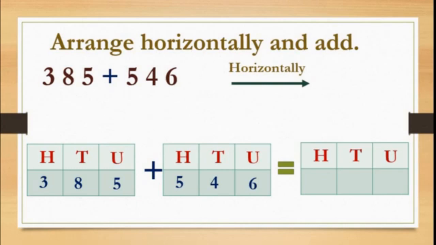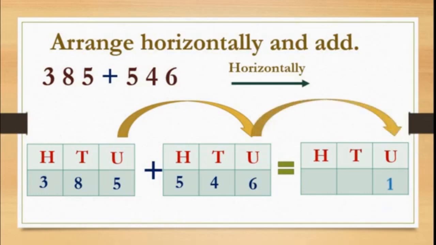How to add? If we write like this, students, again the same thing we have to carry out here because we are doing the addition. We will start the addition from the units place. Whatever is in the units place, that we have to add first. That is 5 plus 6 is 11. We will write 1 in the units place, and 1 is carried over to the tens place. Please see here, I have written 1 below 8 to remember.